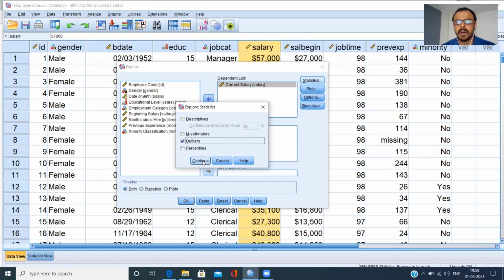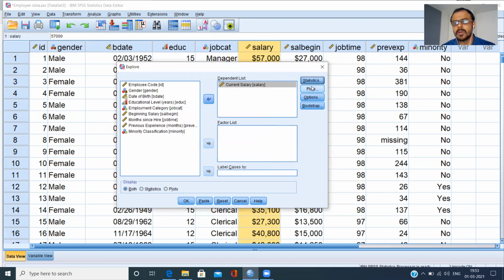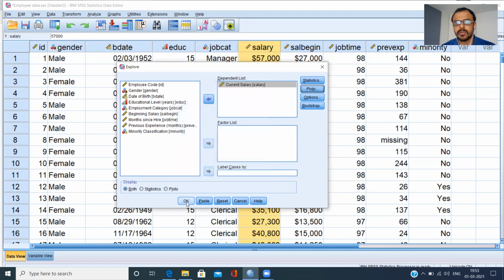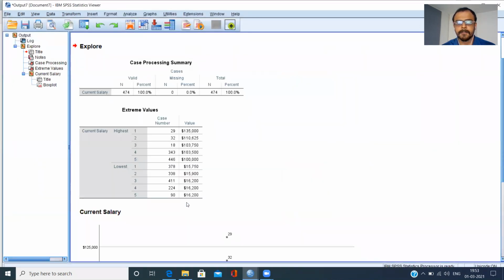I'll choose the option Continue. And then I'll go to Plots. I'll remove the stem and leaf plot. Stem and leaf and histogram are again beyond the scope of today's video. Normality plots with tests I do not need. So I'll just choose Continue and choose OK.